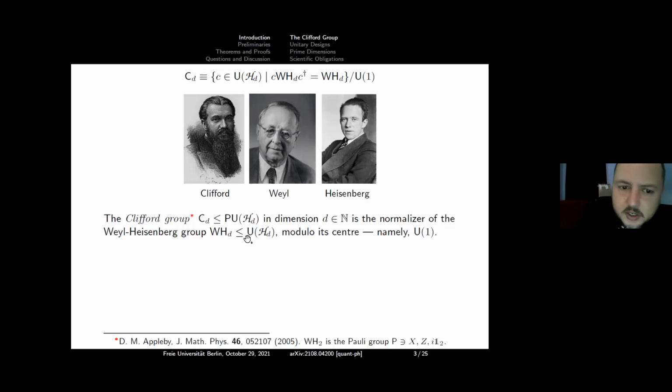As a matter of notation, I will denote the Clifford group by C_D. It's the normalizer of the Weyl-Heisenberg group, WH_D, in dimension D. And if you're not all too familiar with the Weyl-Heisenberg group, in dimension 2, so for qubits, this is the usual Pauli group. So when the dimension is 2, the Weyl-Heisenberg group is the Pauli group with the usual X, Y, and Z qubit operators. You may wonder, so one needs an extra generator. So X, Z, and you still need an I around to generate the group. So that's why I wrote 3.